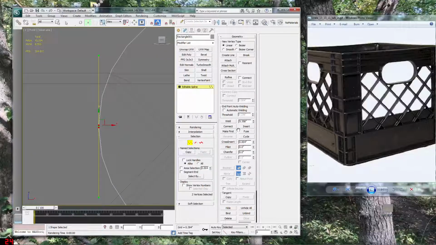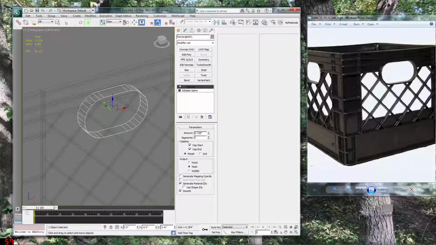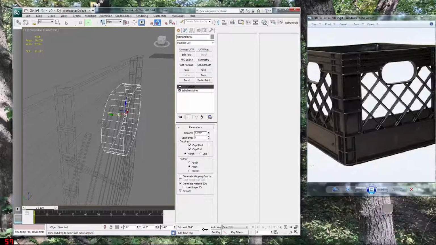Because we don't need 2 points. Alright. Next, what we're going to do is extrude. Because right now, if you hit E here, now what we're going to do